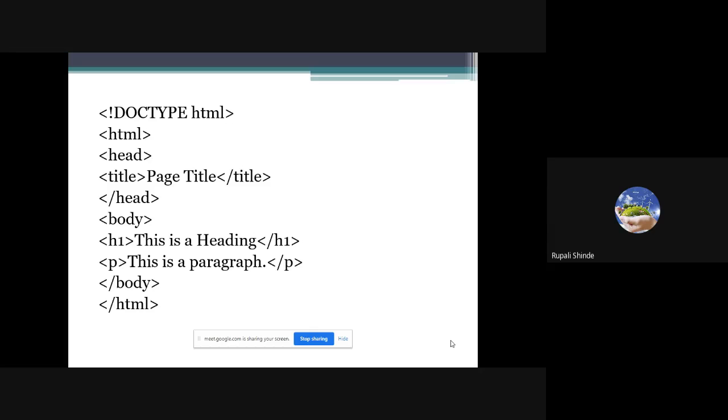Why are we going to use a notepad? Whenever we use a notepad, we have to write each and every piece of code with our own hand. But in an advanced editor, they have given us the facility of drag and drop, where we can directly take the properties, so we don't remember the properties or attributes of that particular element.